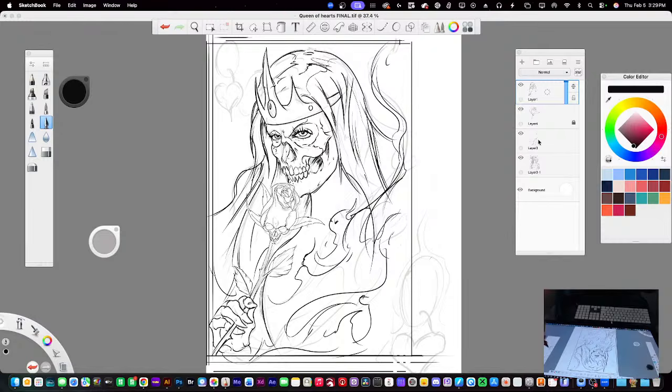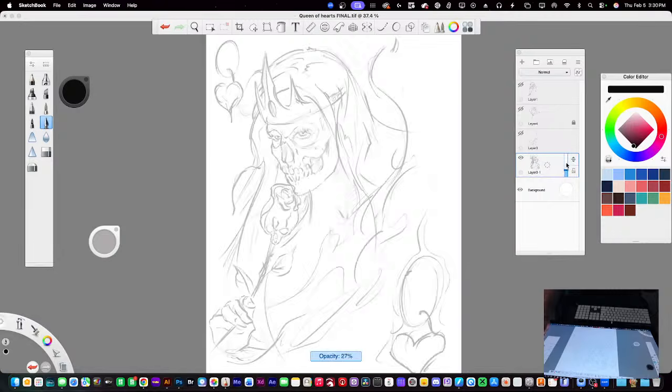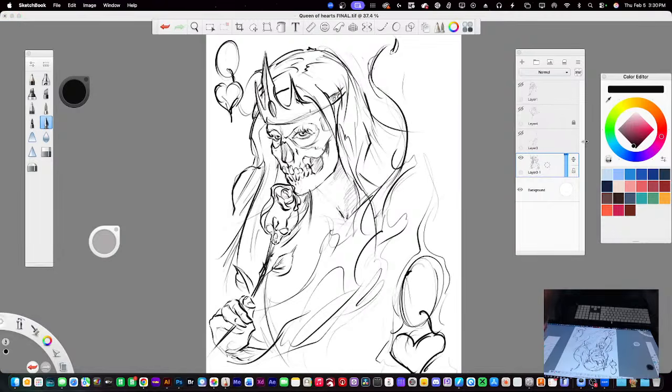I'll do it on the original layer. So let me shut these down. And I'm going to unlock this layer. This was the original sketch. Let's bring that up. So that was the original looser sketch. If you're doing an image like that and you want to change the color of the line work, a lot of people don't know what this is here. This little lock, this alpha lock, it locks the alpha channel, which is basically anything but white.